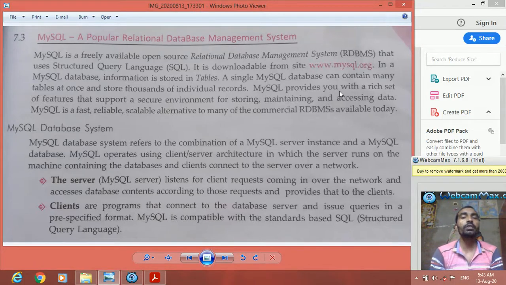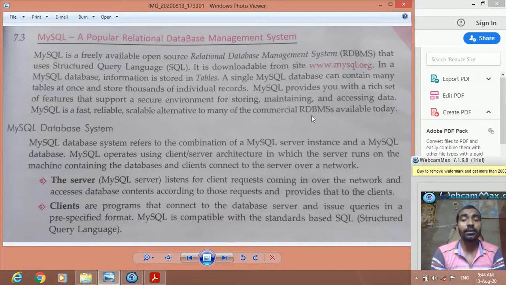MySQL provides you with a rich set of features that support a secure environment for storing, maintaining and accessing data. MySQL is a fast, reliable, scalable alternative to many of the commercial RDBMS available today.